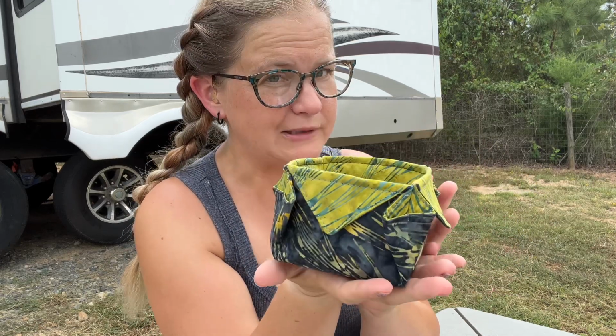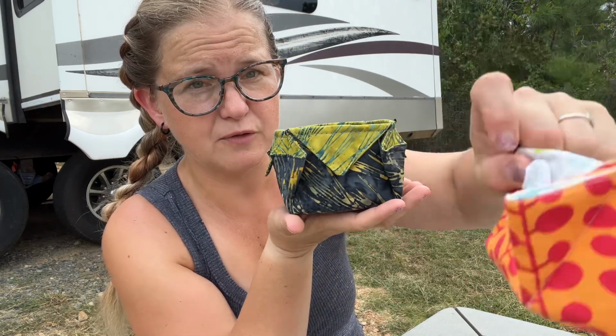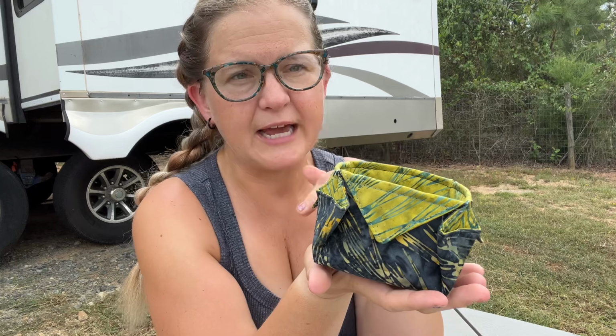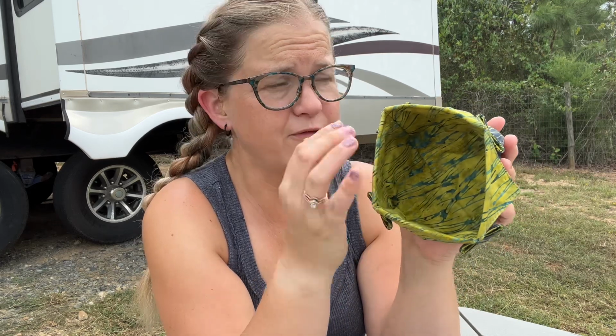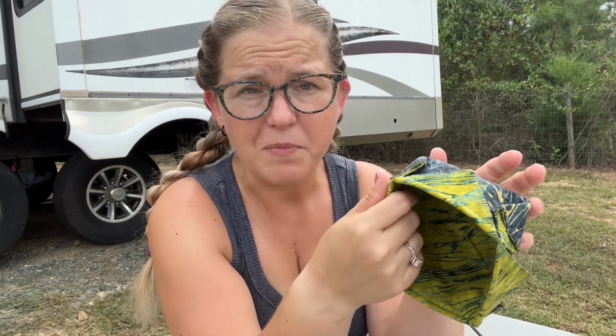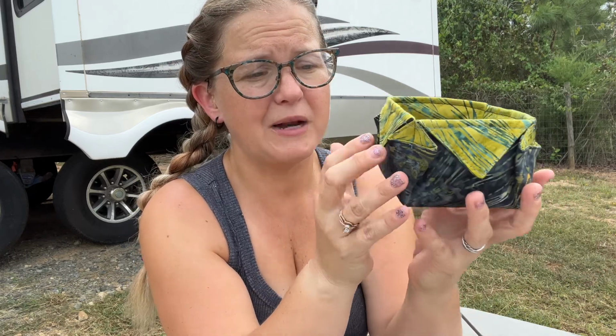But if you love buttons, this is a great thing to use up some fun buttons and sew them on those flaps. That's another way to use grandma's button box and make these for each one of your kids or grandkids, and you know, use grandma's buttons on it, maybe some shirt grandma used to always wear, and they have a piece of her always, or grandpa too. So there's so many great uses for this, but I love this little squish method and I hope you like